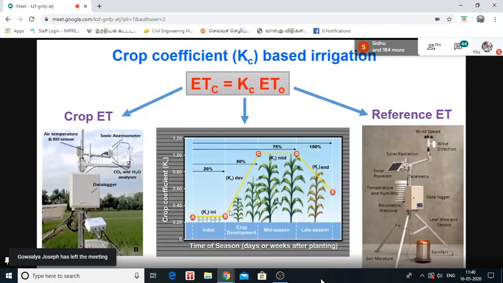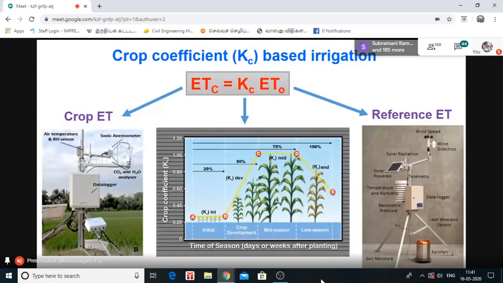So how can we use remote sensing technology for better irrigation quantification? There are various methods that have been adopted by different researchers. One of the prominent methods is suggested by the FAO. FAO is the Food and Agriculture Organization. Their irrigation standards are the most commonly used methods by the majority of growers all over the world. This technique is called crop coefficient based irrigation. We call it KC.